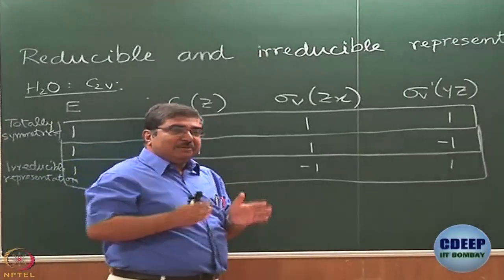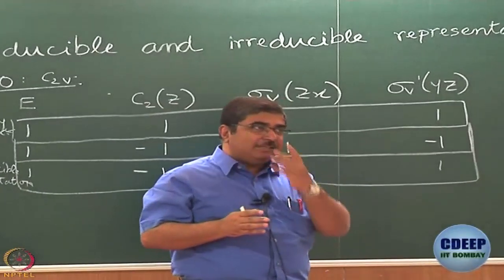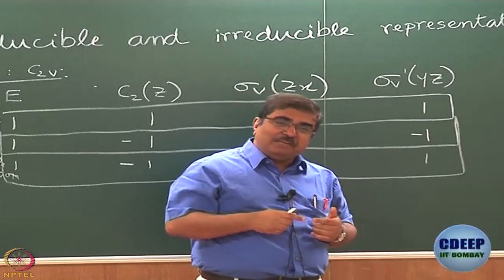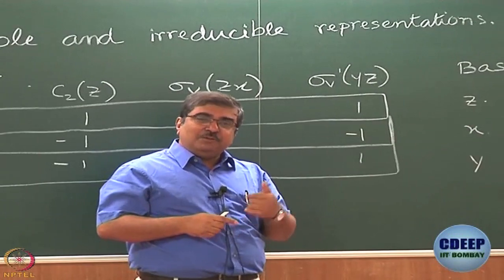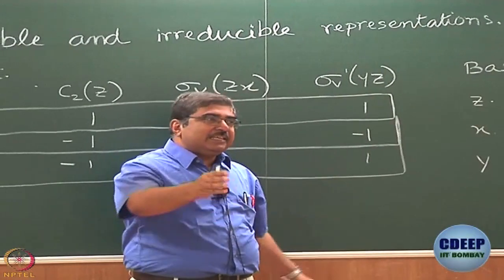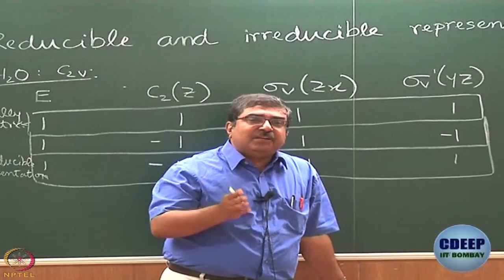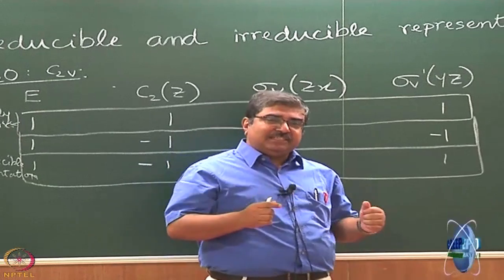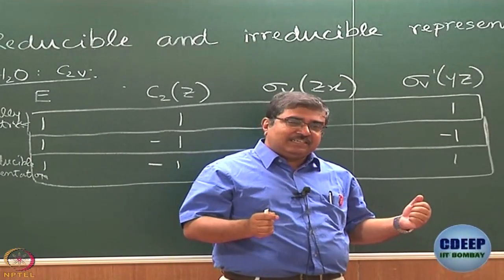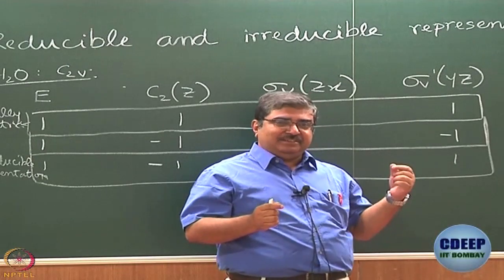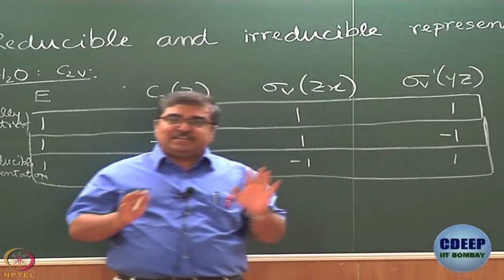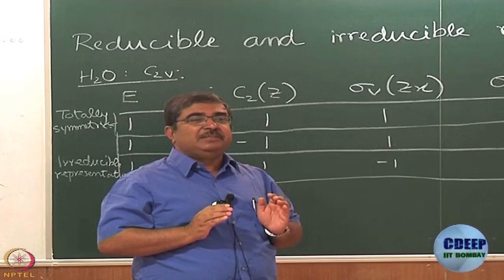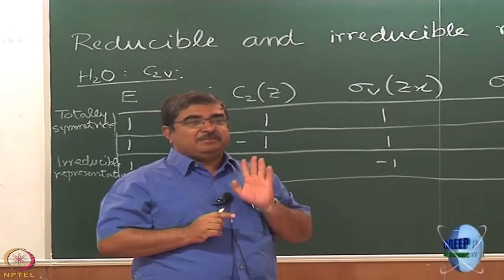The character table only shows you representations that come from things like x, y, z or their products. There can be more complicated combinations that you might have to encounter which will become part of that basis. So, when we discuss, say, vibration of polyatomic molecules after mid-sem, we will encounter such a situation where we will get a vibration which belongs to a representation for which there is no basis in the character table. Right now what we are trying to do is find a way in which you can just figure out what are the different kinds of irreducible representations that are possible for a particular symmetric group.